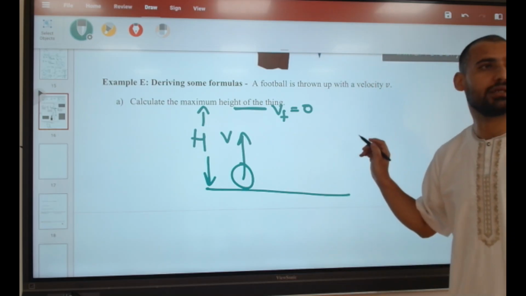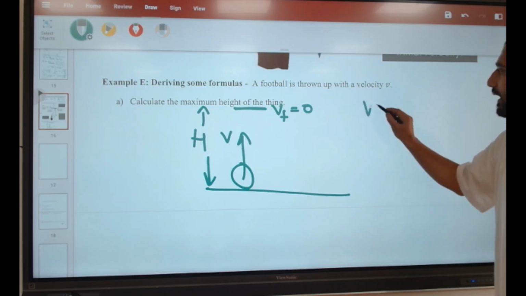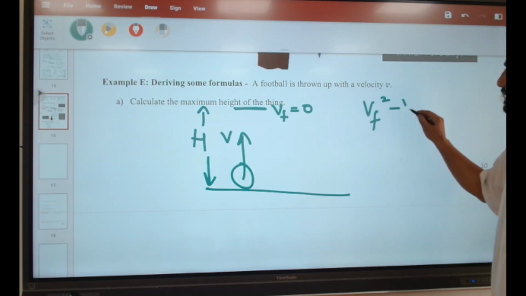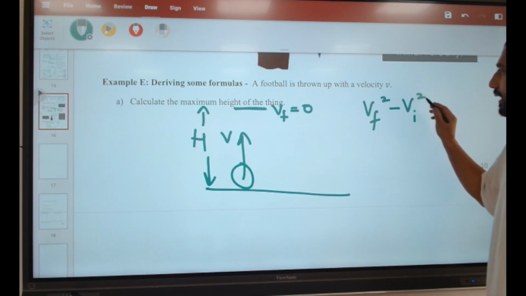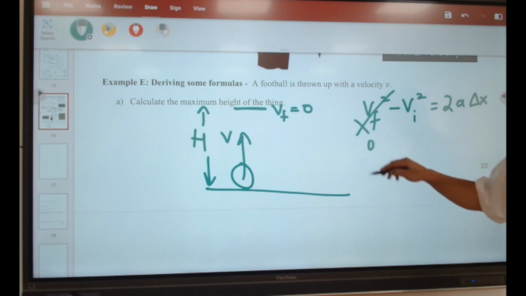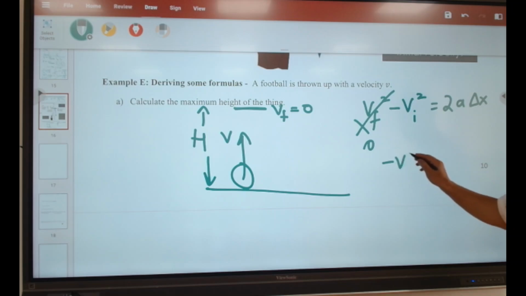So we have an equation, if you remember: final velocity squared minus initial velocity squared is equal to 2 times acceleration times delta x, isn't it? What is the final velocity? 0. What is the initial velocity? So I should write negative v squared is equal to 2 times